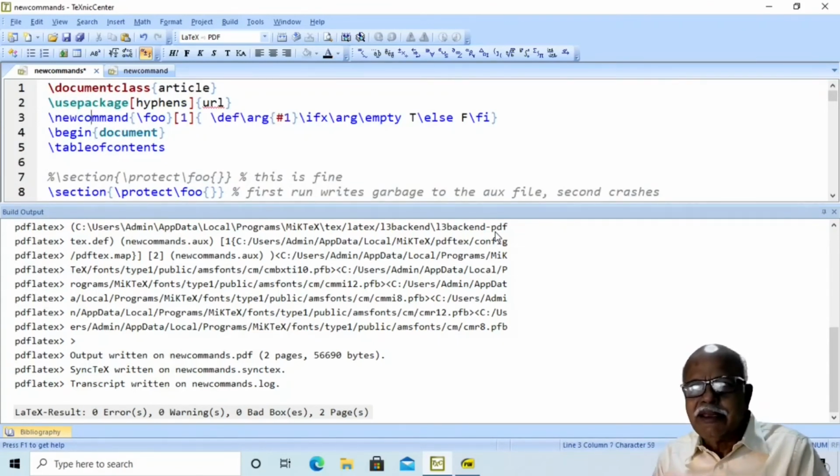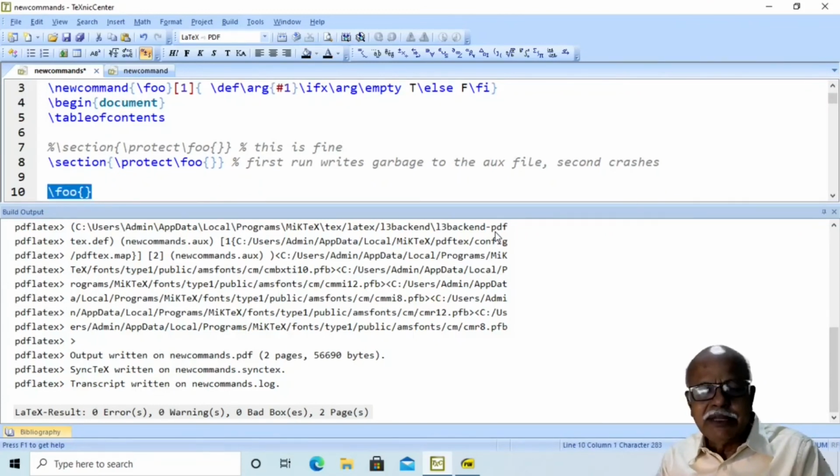Here they define a command \foo with a number of optional parameters 1. The definition is given in terms of primitive TeX commands like this. They use an if condition. If the argument is empty, print T. If the argument is not empty, print F.